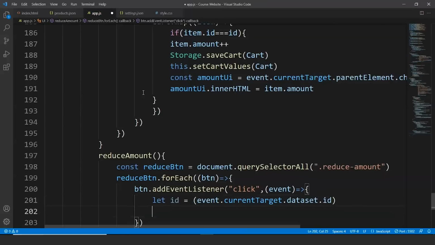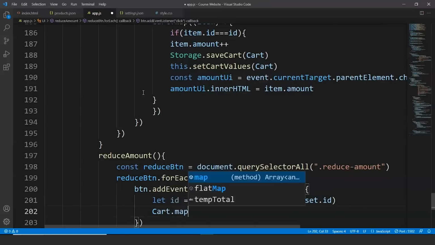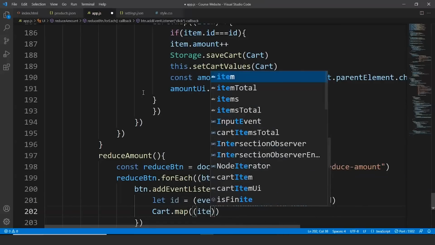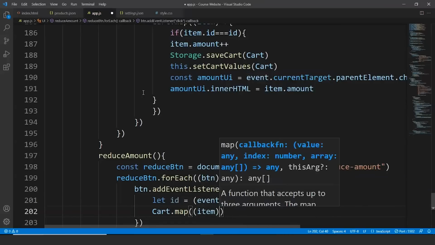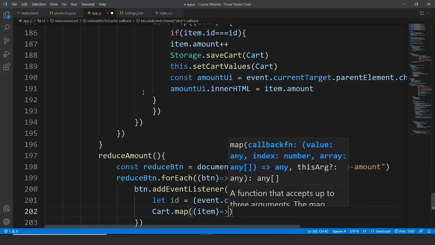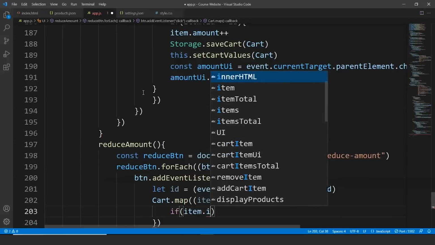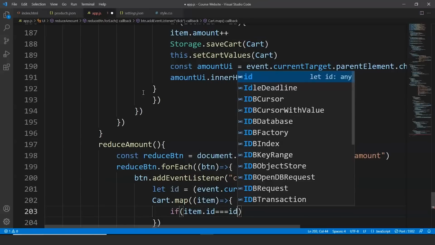Fine. We'll write here cart.map, we'll map it to cart, and we'll write here item, then again we'll write here if item.id triple equals to id,